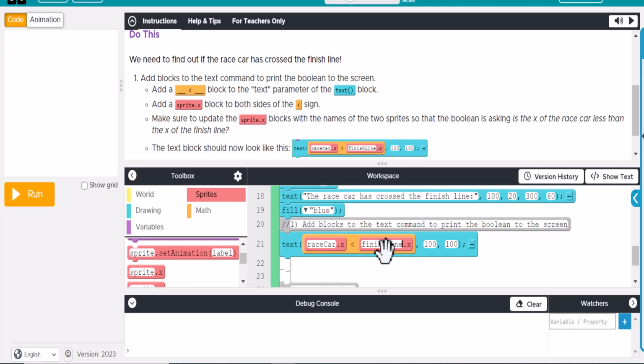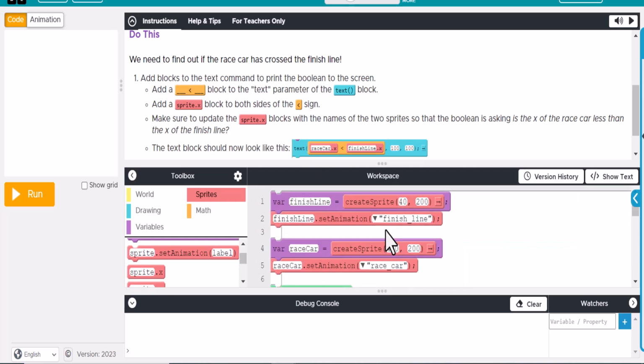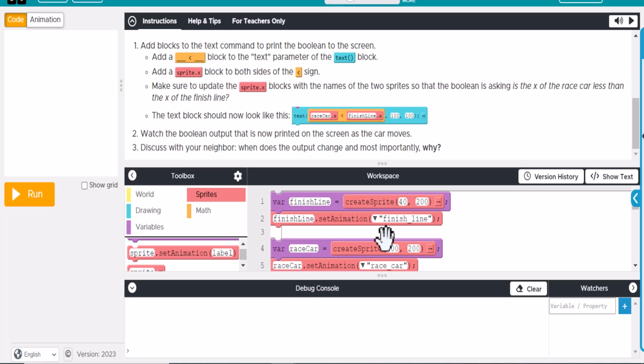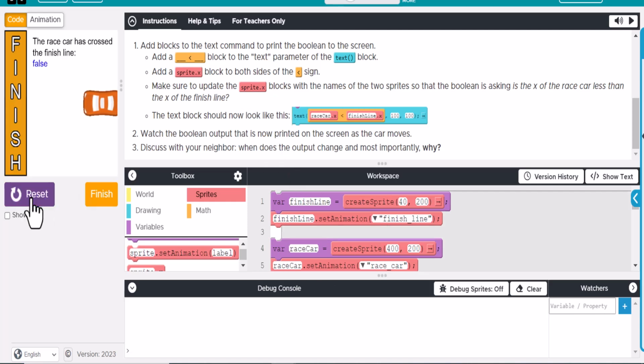Okay. So if that happens, and we have 2 different variables up here, finish line and race car, what's going to happen is if that car reaches basically the finish line, it's going to print down below. So it's going to print right down here. So let's go ahead and drag this up. When it gets here,